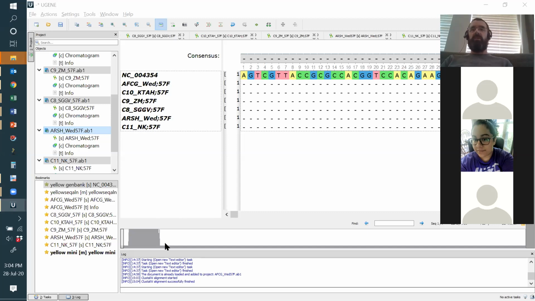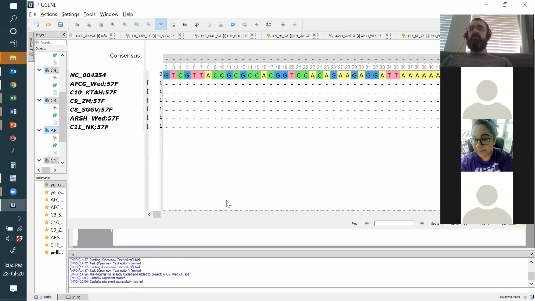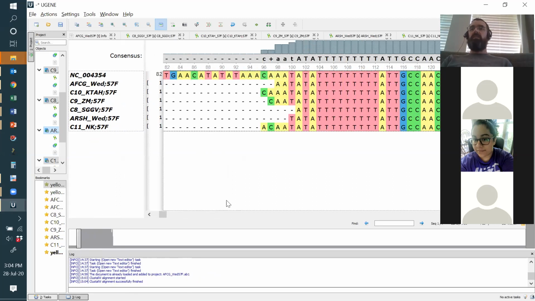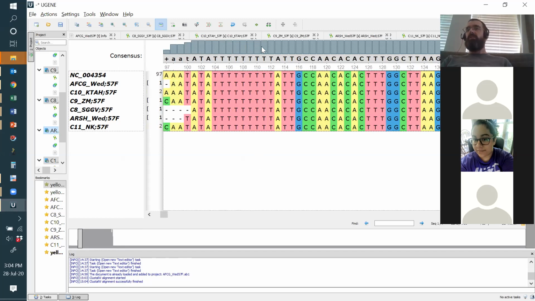So this is the alignment, right? And down here you can see essentially which area has the highest alignment. And it's telling you it's right at the beginning, which is good because that matches what you already know. Let's move this over a little bit. Make this a little bit smaller too. Okay, so you're going to scroll over here. Now we've got some crufty stuff down here, some jittery nonsense, and we're not really sure about this part. This is just junk. But essentially, these bars at the top tell you how many of your